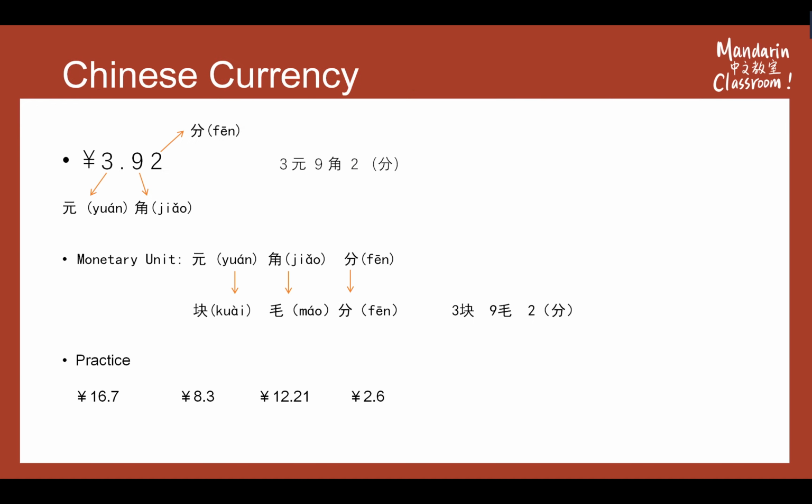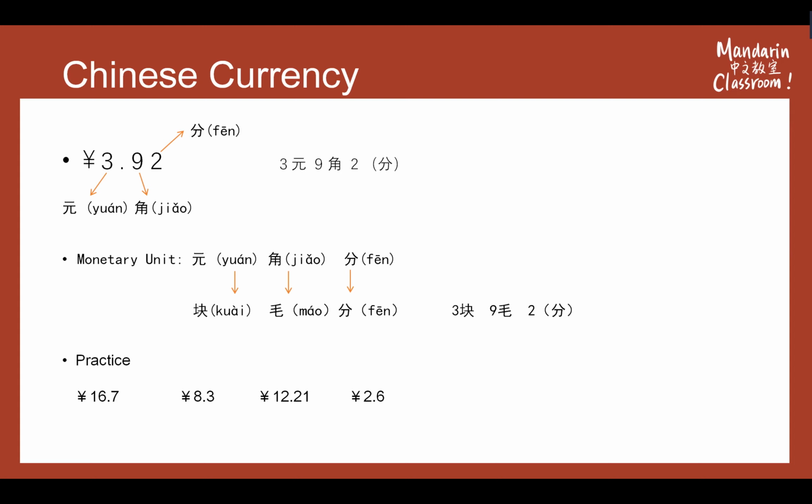And then we are going to learn how to express Chinese currency. So here, firstly, you could see there is some price. You could see the price in a supermarket or in a fruit store. You could see the price everywhere. So there is a mark. This mark for Chinese currency is this. And here you could see, in front of the dot